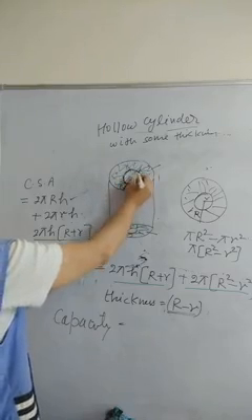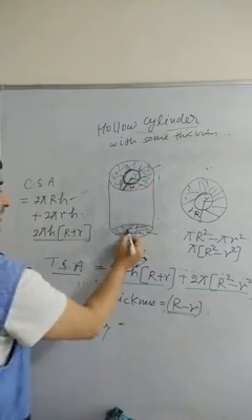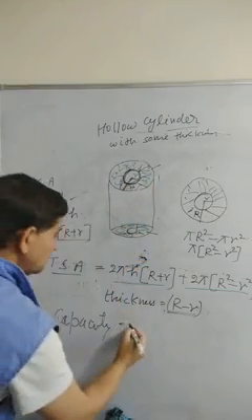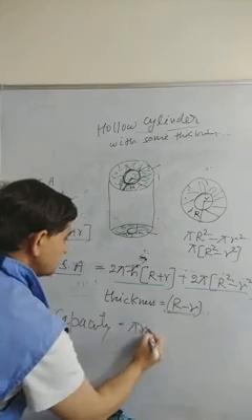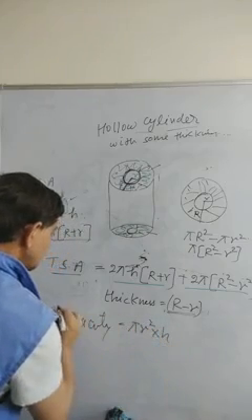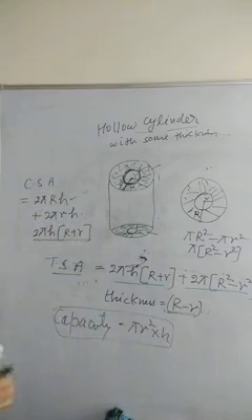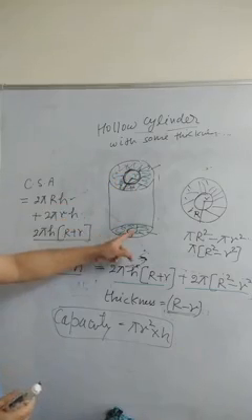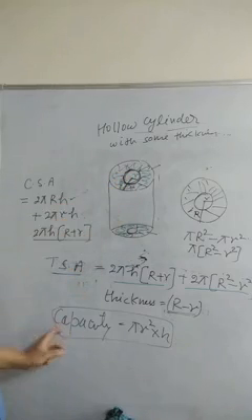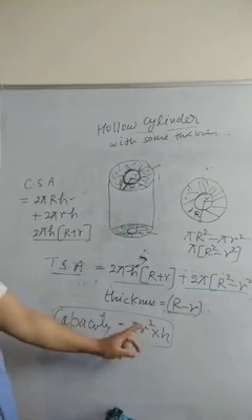Capacity of it will be how much? Only this cylinder, if you see, right? This is the cylindrical part. What is the volume of it? It will be pi small r square into h. This will give you the capacity of it. Capacity means how much liquid or air can it hold. Got it? So that is the capacity, that is equal to pi r square into h.